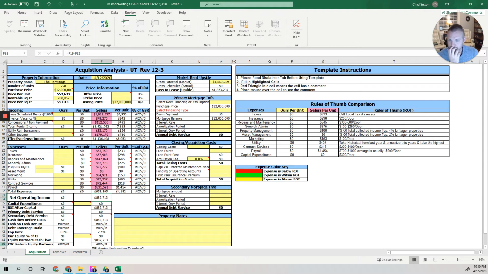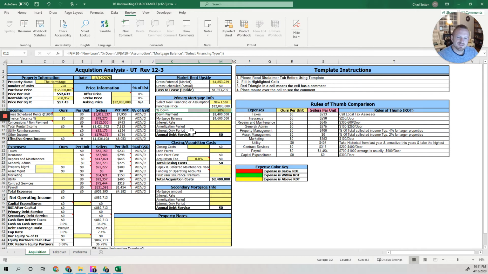So first thing I like to do is wrap my debt around it first. So let's just cruise down this side of the sheet and then we'll start playing around. So we've got our seller's numbers in here first. I remember from this one that the seller did not have a loan on it that is going to be assumable. So we're just going to go for a new loan. See, it pulls over our purchase price from over here,